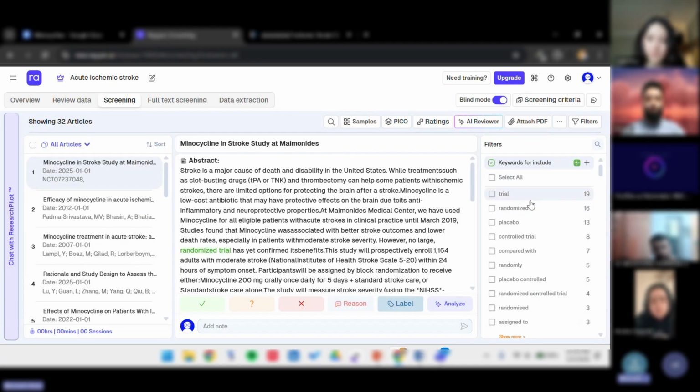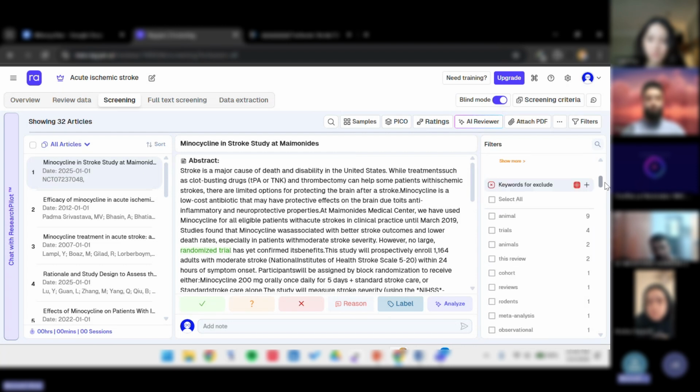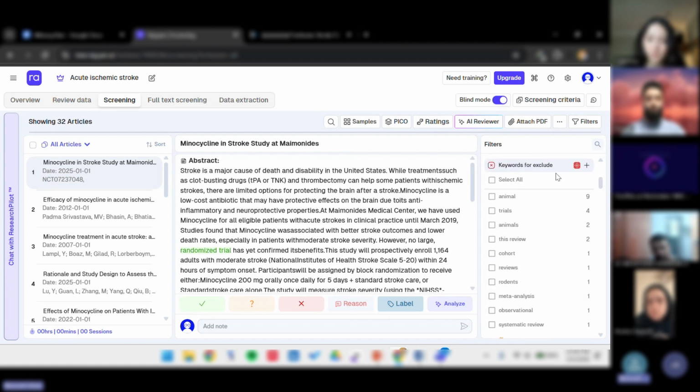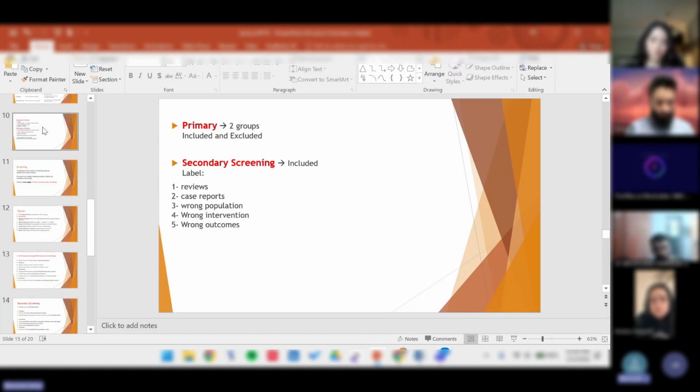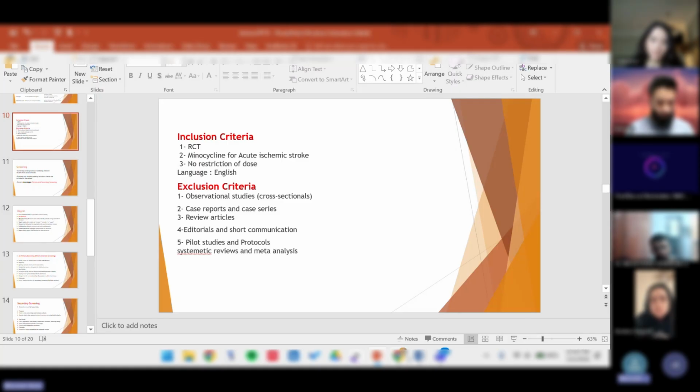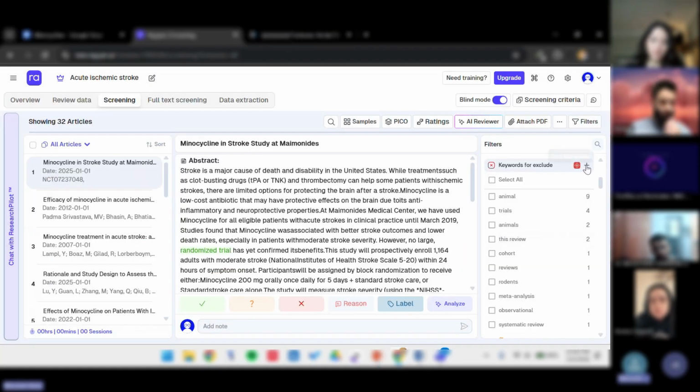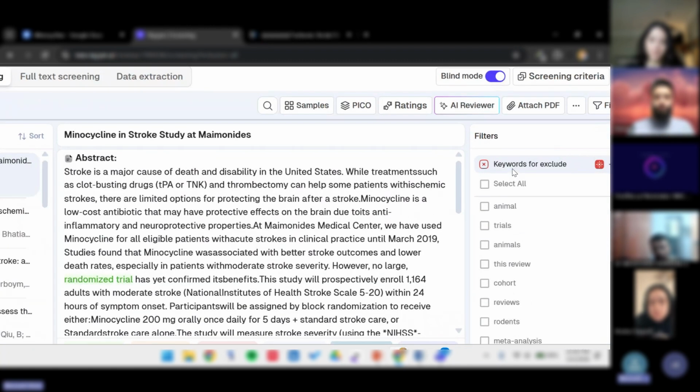So for the keywords, for example, we said we just want to include the RCT, so we're going to click on that. It's going to only show the RCTs, but it's preferable if you go with the keywords for the exclusion, right? So if we come back and see here, the primary screening will be just you including and excluding the articles, right? On the basis of the exclusion criteria that we just created. So what I'm gonna do is I'm gonna come here, that's a keyword for exclusion. So I'm gonna add